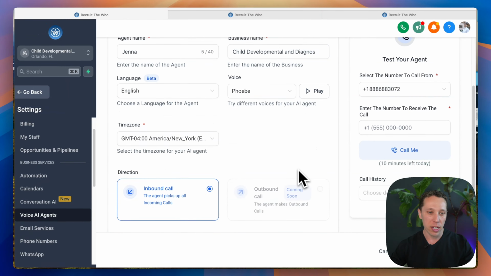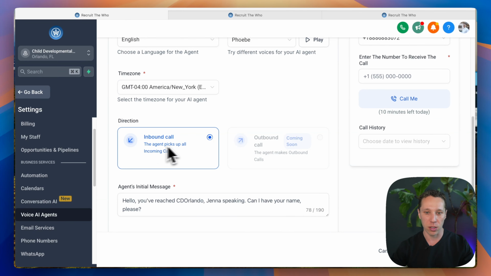So we went with Phoebe. We had our time zone set. Right now they only do inbound, but outbound's coming. And then what I wanted to do is gather information right away. I wanted to get my lead capture because we want to make sure that we're going to be able to